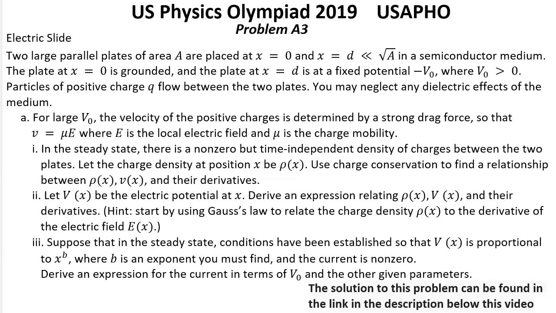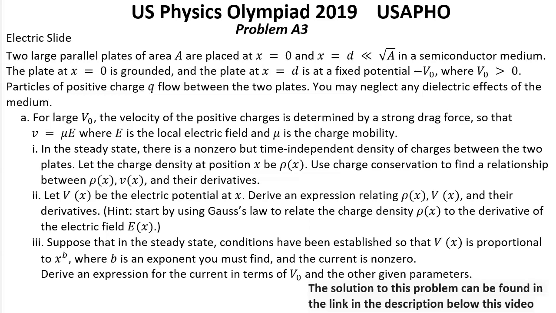US Physics Olympiad, year 2019, USAPHO, final round. Problem A3. Electric slide. Two large parallel plates of area A are placed at x equals 0 and x equals d, which